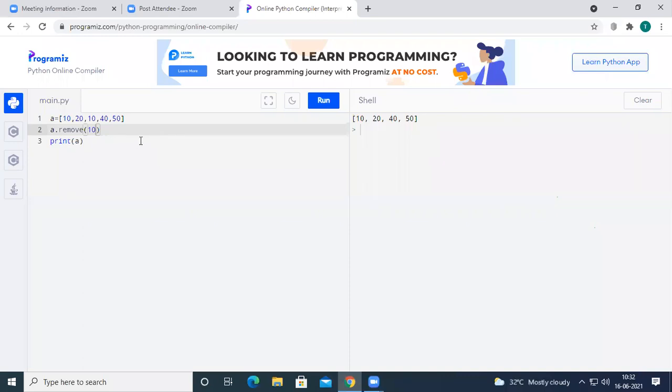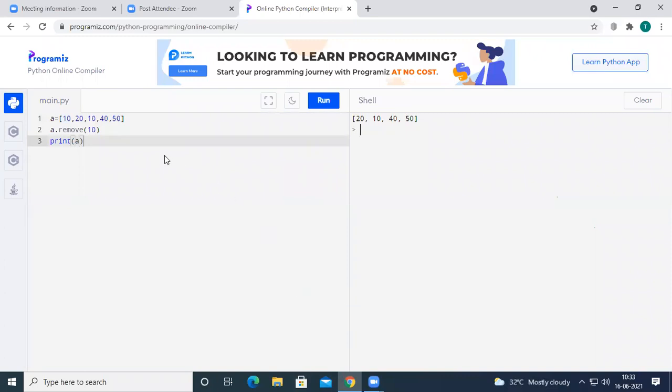Not all the occurrences inside the list will be removed, only the first one. So here we have the list 10, 20, 10, 40, 50. Then we call remove of 10. The first 10 which occurred in the list will be removed and the remaining things will not be changed. So if we execute it, we are going to get the output 20, 10, 40, and 50.